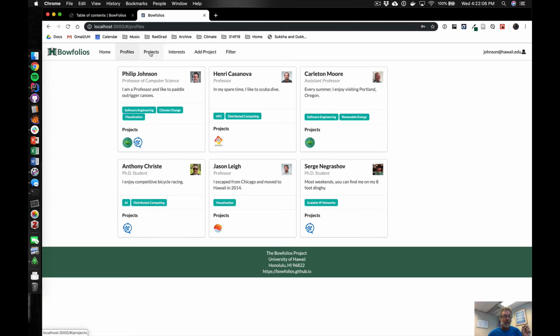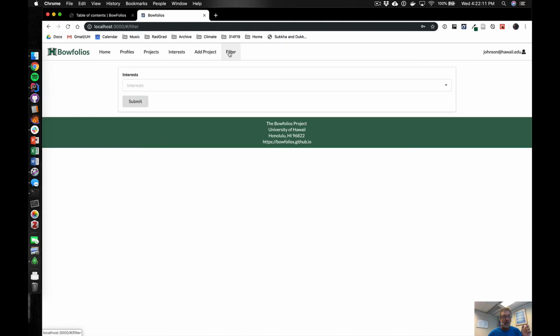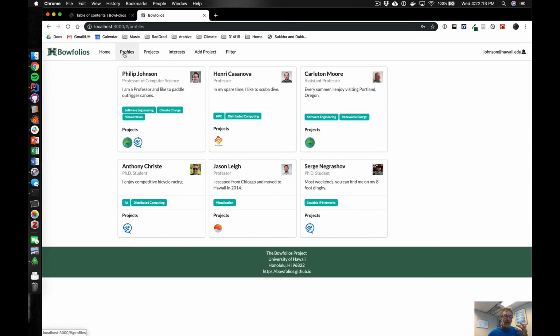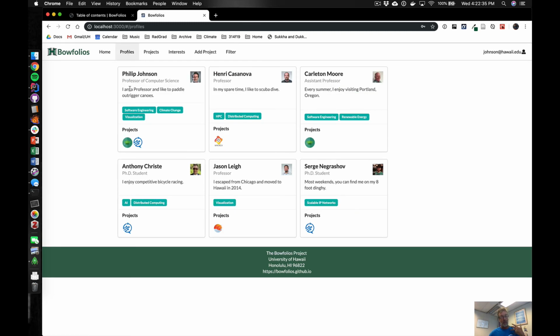We have certain pages that are publicly available, certain other pages that are only available if you log in. And from a data model point of view, the most interesting thing is that we have these many-to-many relationships between profiles, projects, and interests. And we need a convenient way to represent that so that when we build these pages, it's super easy to build a page organized by projects and know all the interests and profiles. Alternatively, if we're building a page of all the profiles, we need an equally simple way to get at their associated interests and